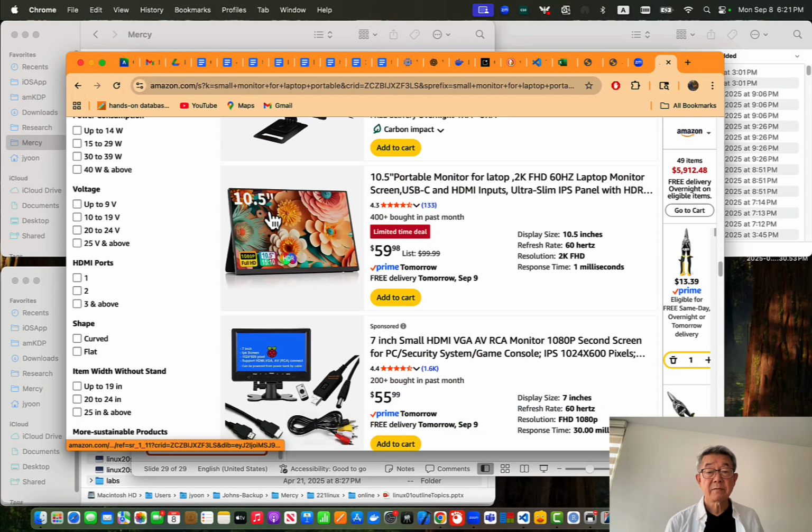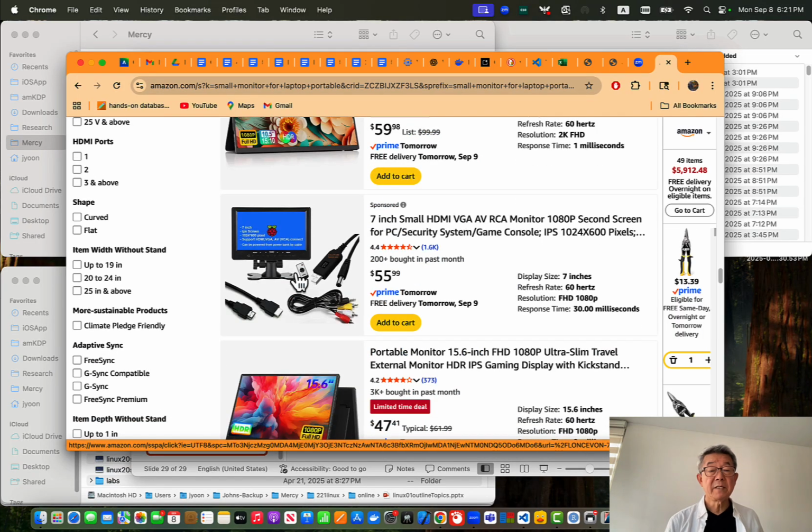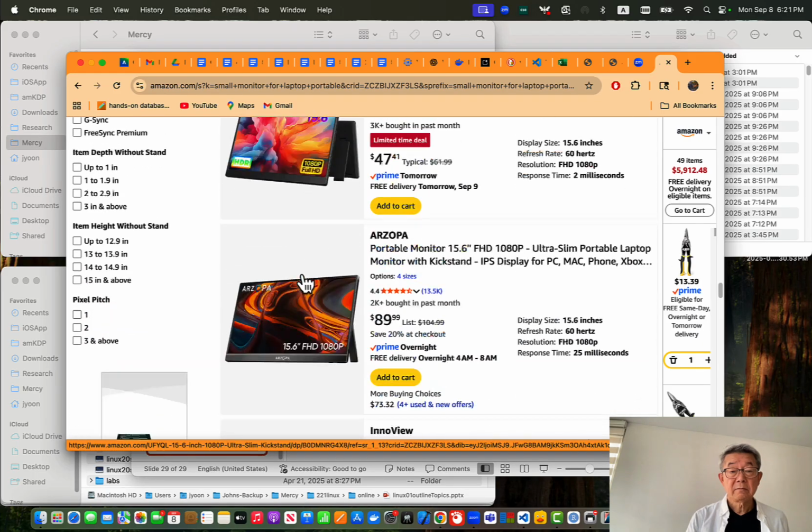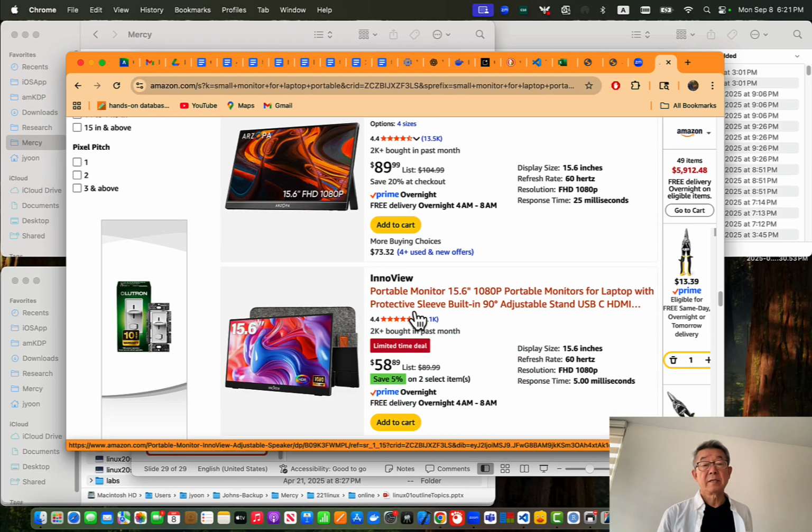This is a 10 inch, which is handy. This is 7 inch. 7 inch is okay also. All right, so you can carry this, but it's not really required, because I will put an extra monitor